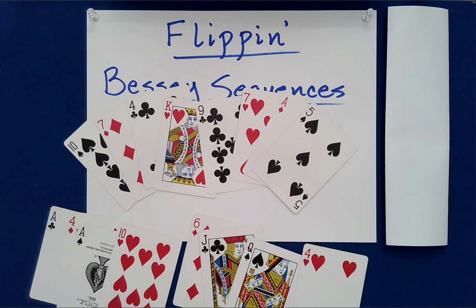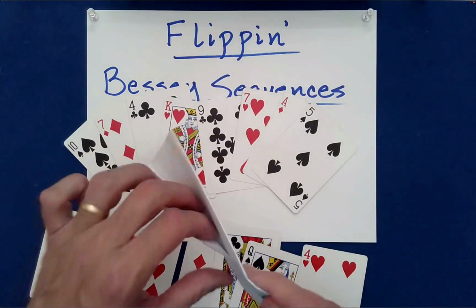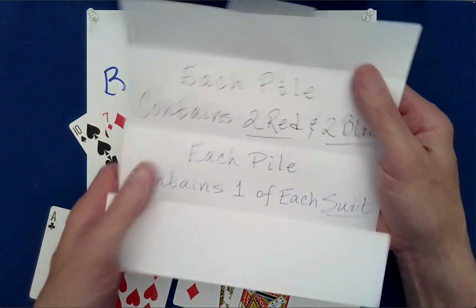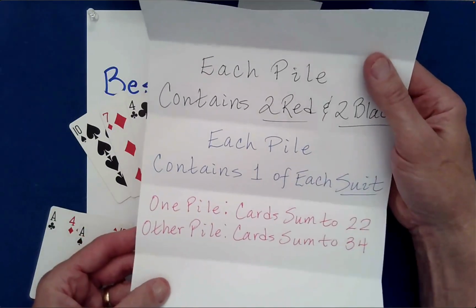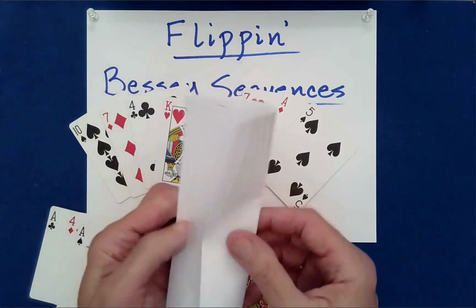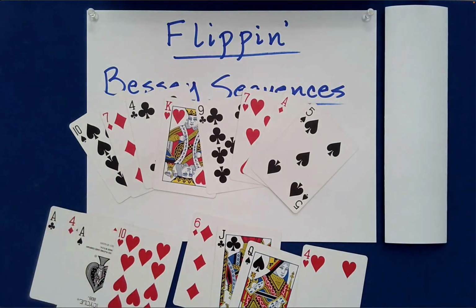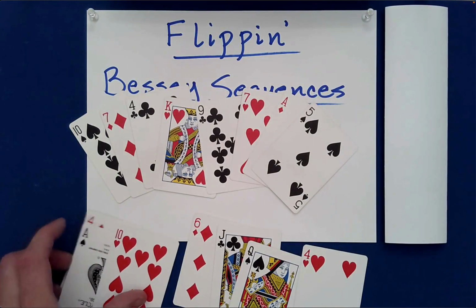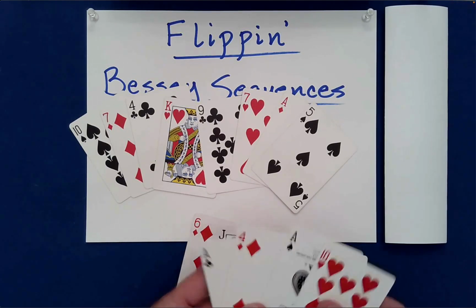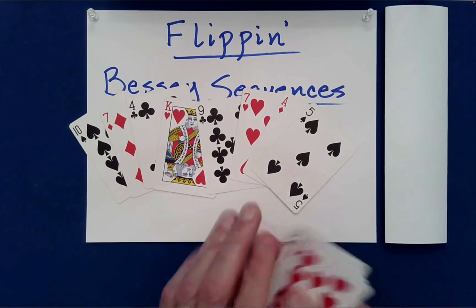Now, if you're going to do it impromptu, of course, you'll have to abandon the 3rd little reveal, right? So this was like a 3-part reveal, remember? 2 reds, 1 of each suit, and then I had already added up the card values, okay? So if you're going to do it impromptu, which is just fine, in some ways more powerful, you will probably have to give up on the cards adding to a certain value, okay? So you would just go ahead and, in fact, we can just go ahead and use these if you like. See, I just want to make sure I have 1 of each suit so we can